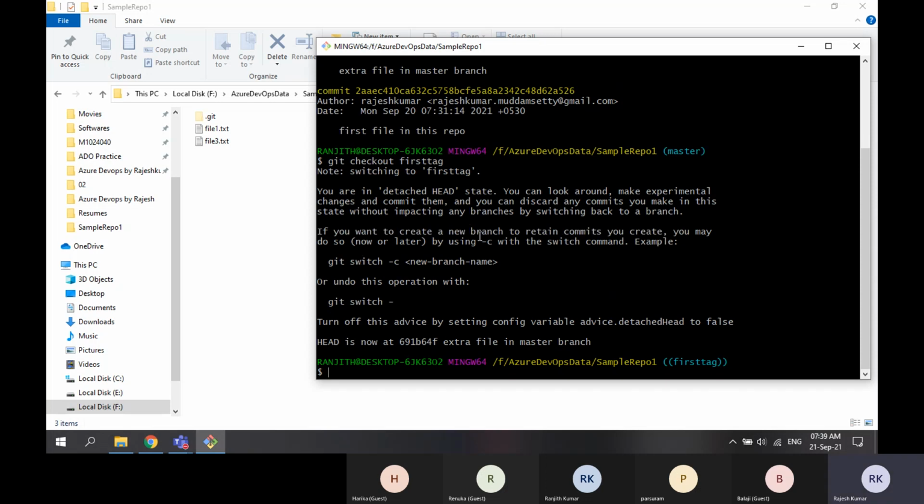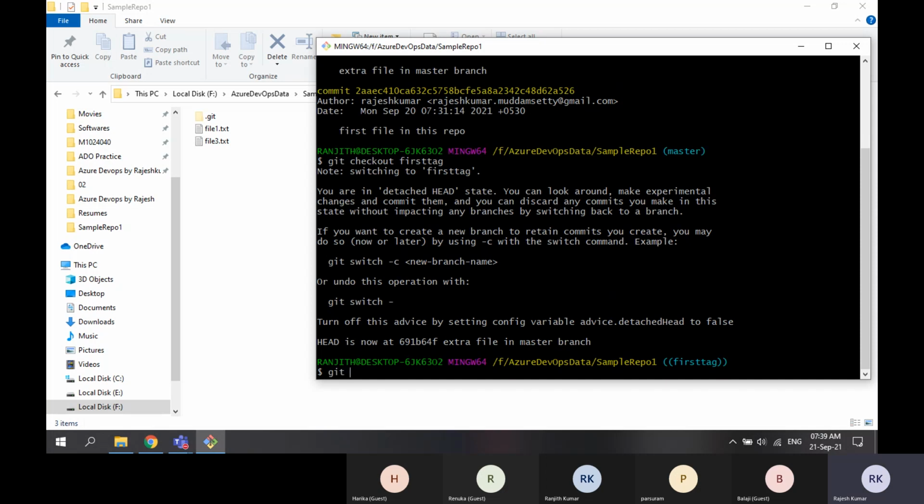If you want to create a new branch to retain the commits you create, you may do git switch -c new branch name.